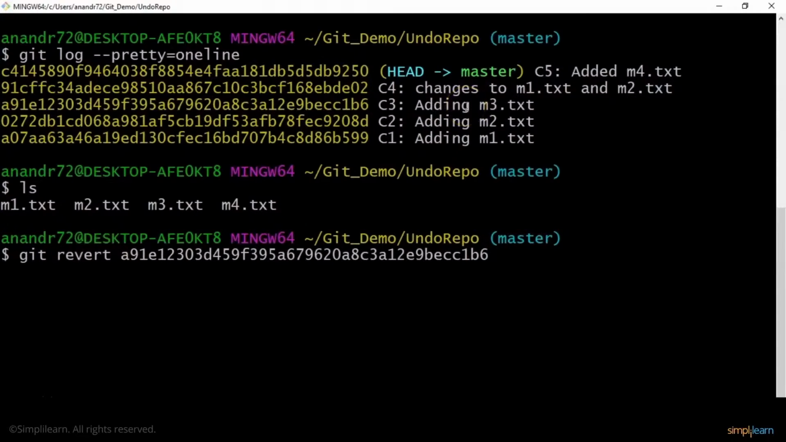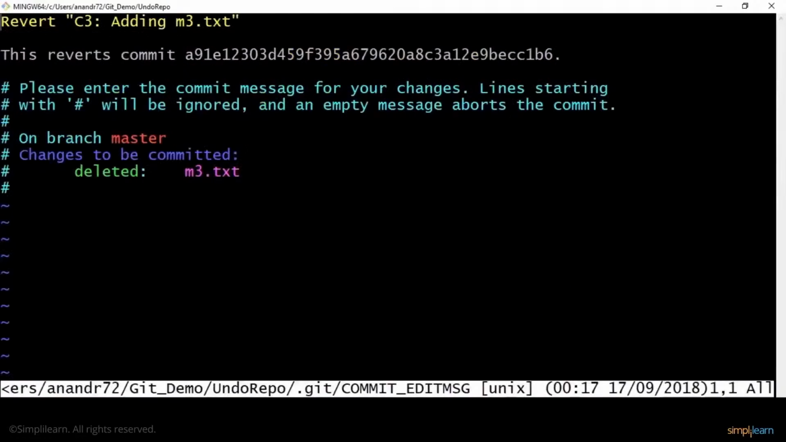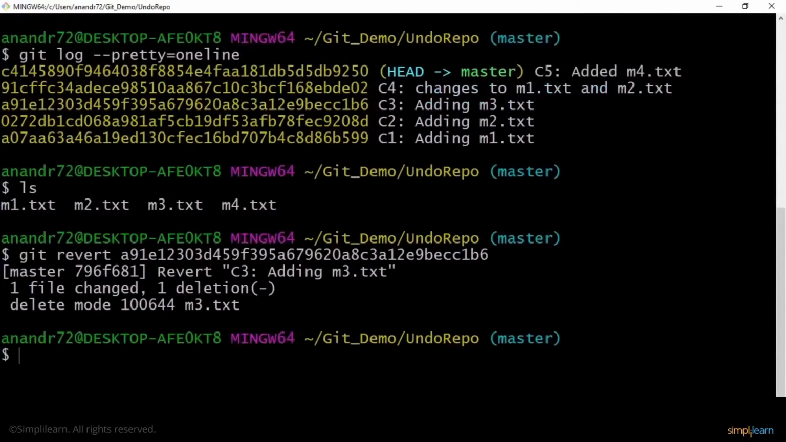While I'm undoing this commit, what does Git do? It safely adds a new commit, and as a part of this new commit, it undoes whatever changes were done as a part of this commit. So if I say git revert this, all right, I forgot to mention a message, which is why this window is showing up, but that message is good for me. I say write and quit. All right, and if I do a git log,